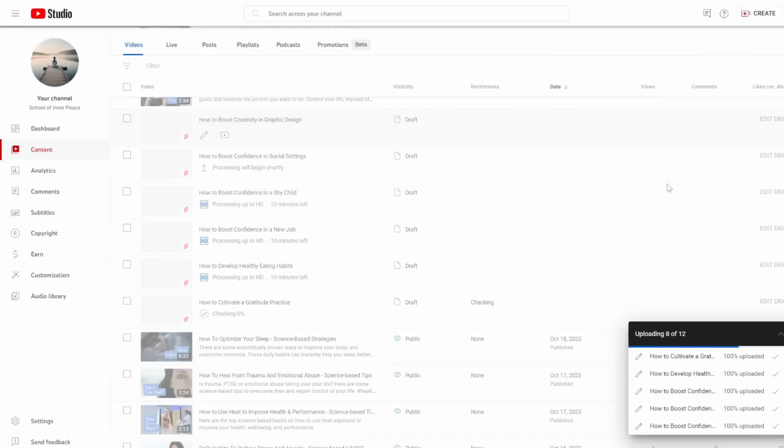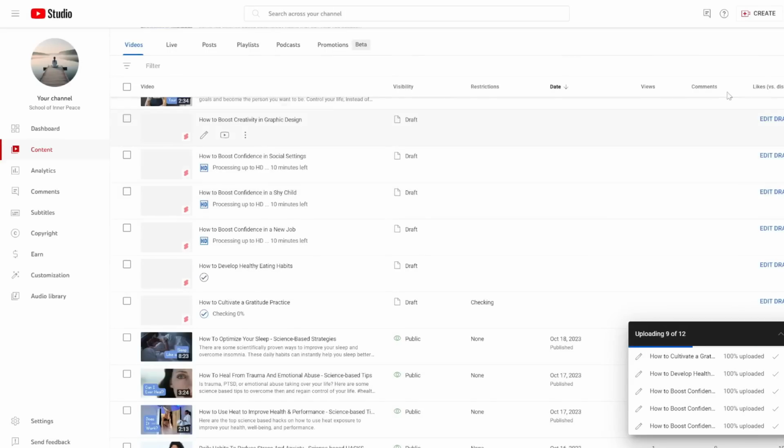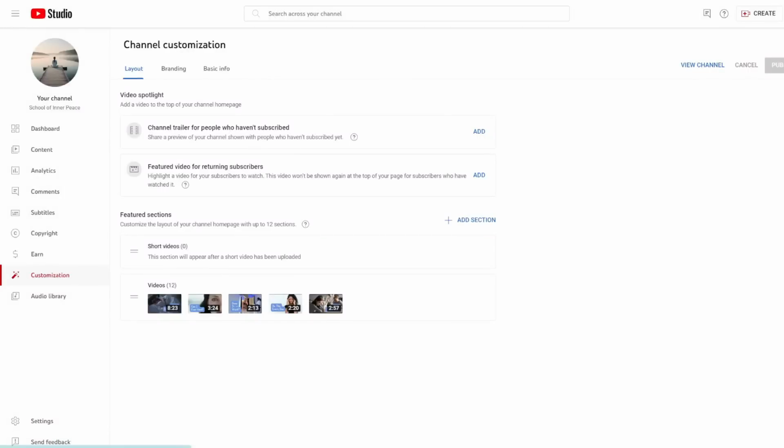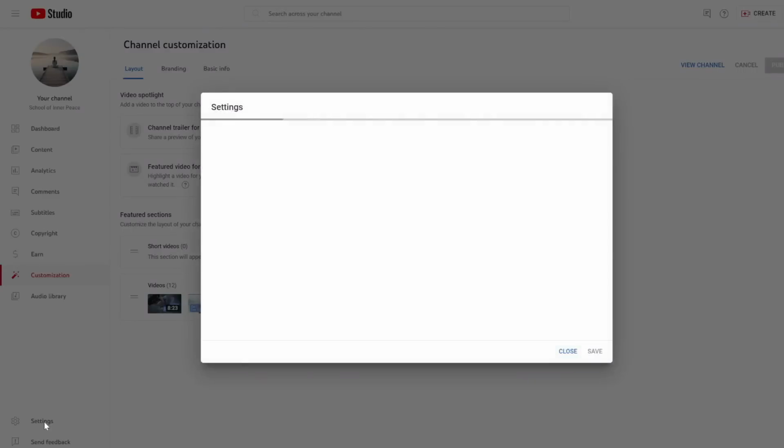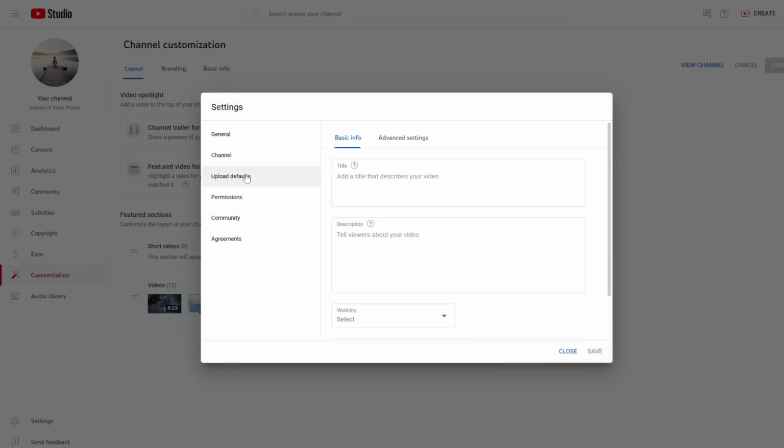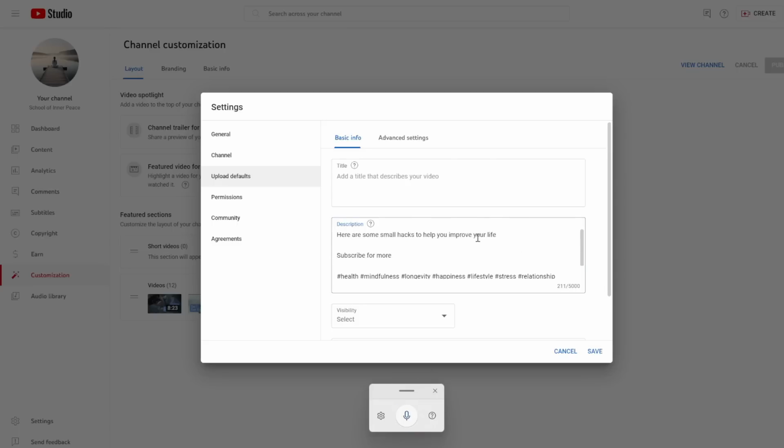Oh, and one thing I forgot to mention, which you should actually do before all of this, is in YouTube, you can preset your description so you don't have to type in a description from scratch every time you upload a video. In case you didn't know this, in your YouTube Studio, simply go to settings and then upload defaults so that you can set a default title, description, and visibility, which would show up every time you upload a video. So let me quickly type in a default description, which should be general enough that it applies to all the YouTube Shorts I upload.